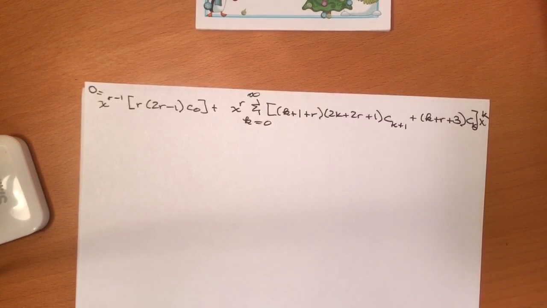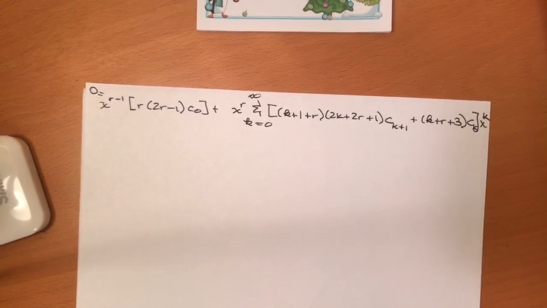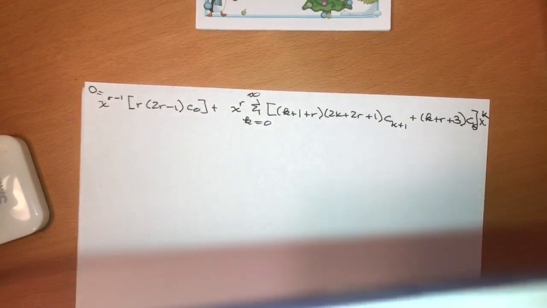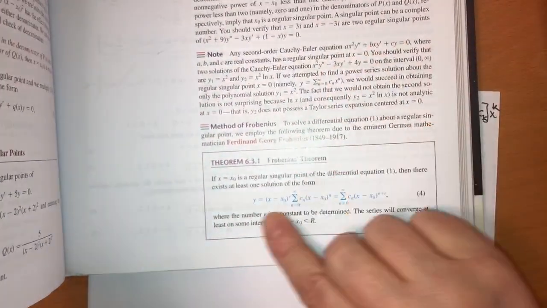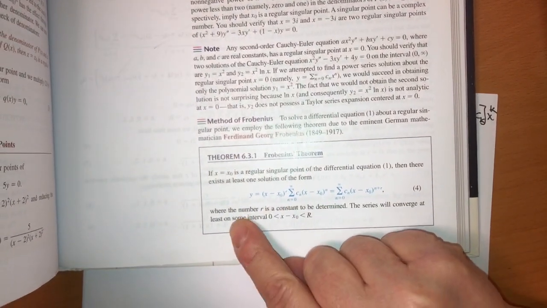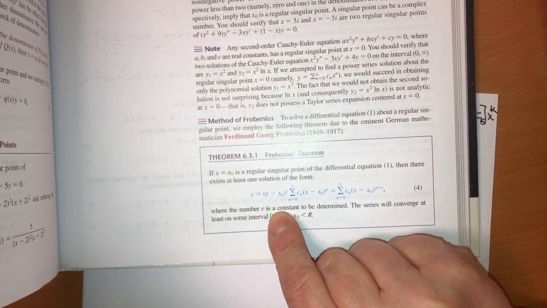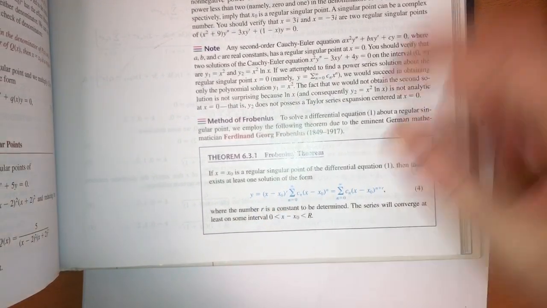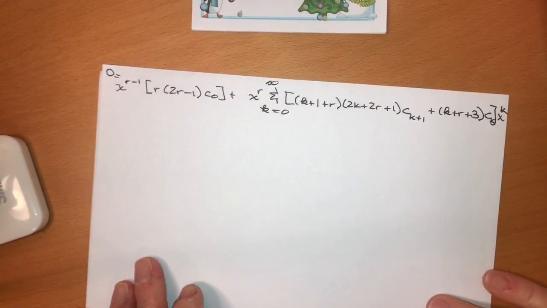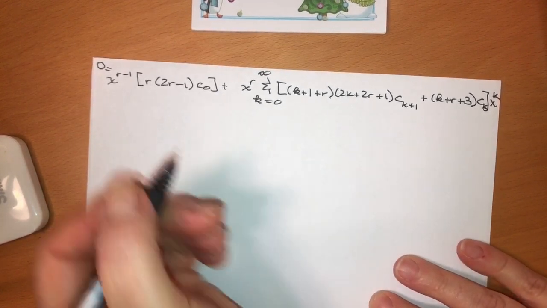And also, when you're looking at the method, you're told in the big theorem in this section, which is on page 249, that you can come up with your series where the number r is some constant to be determined. The thing that determines that constant is actually this equation that we landed at here. So here's the deal. If this thing is going to equal 0,